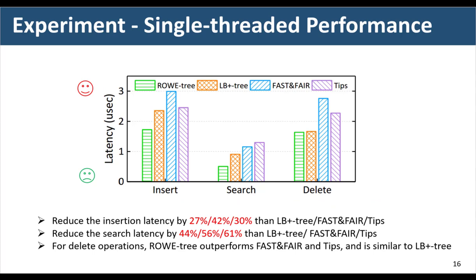Second, we compare our ROWE-tree with other PM B+ trees. Experimental results report that our ROWE-tree has the best performance. It can reduce the insertion latency by 27%, 42%, 30% compared with the other B+ trees. For search operations, our ROWE-tree can reduce search latency by 44%, 56%, 61% compared with the other B+ trees,